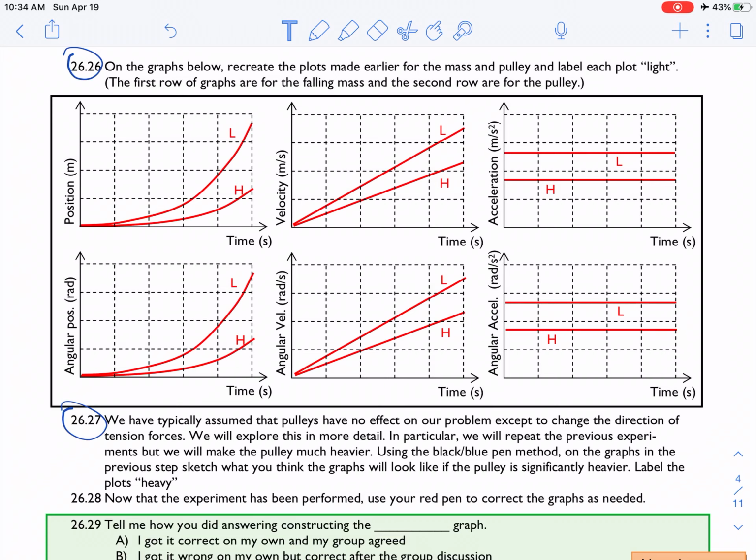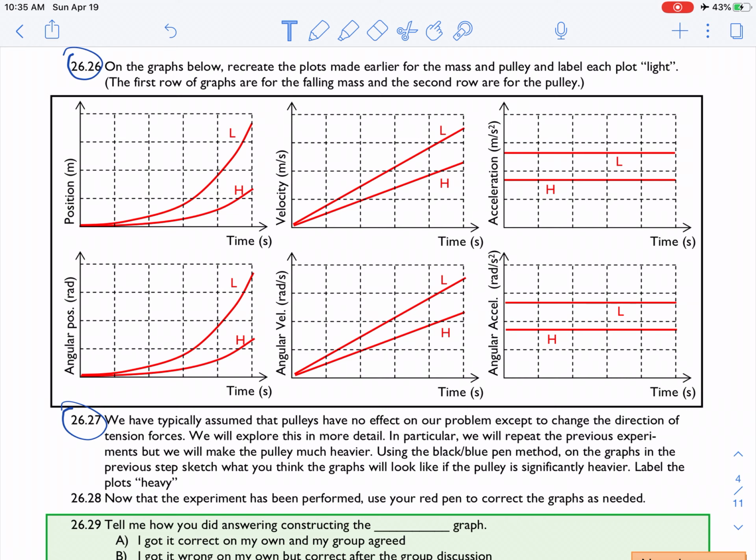Okay, next we're going to recreate the plots that we made earlier, but we're going to label them L for light, and that means really what we've done so far. We assumed the pulley had a mass, but it was a light mass. So you can just copy those plot switches again, and we're going to label it as L, what we did